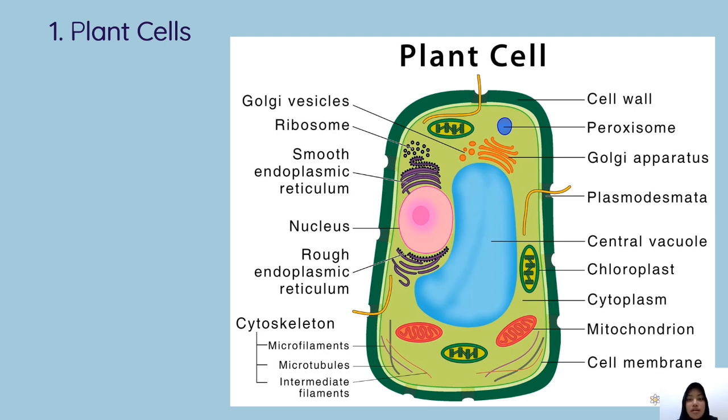And then 8, microtubules. The function is maintaining the structure of the cell, helping in cell movement, and then participating in cell division, and then helping in the movement of cell organelles and nutrients within the cell, cytoplasmic streaming, and then helping in cellular communication. And then the 9, intermediate filaments. The function is maintaining the structural integrity of the cell, and then maintaining cell shape, and then helping in the movement of cell organelles and nutrients within the cell.